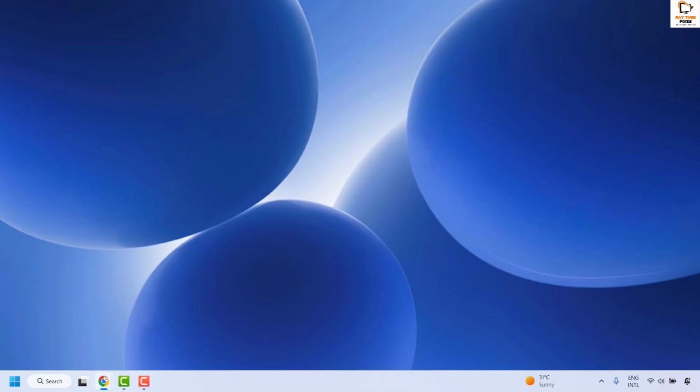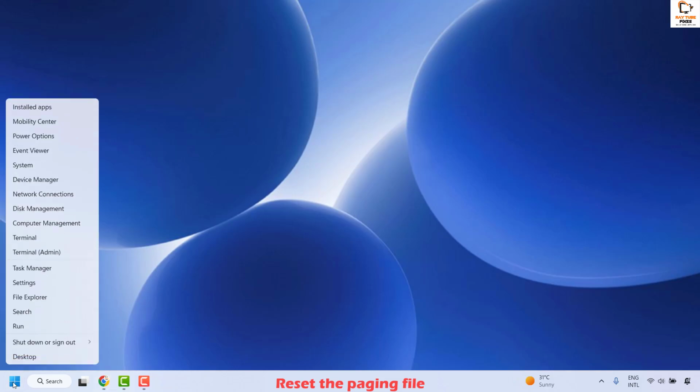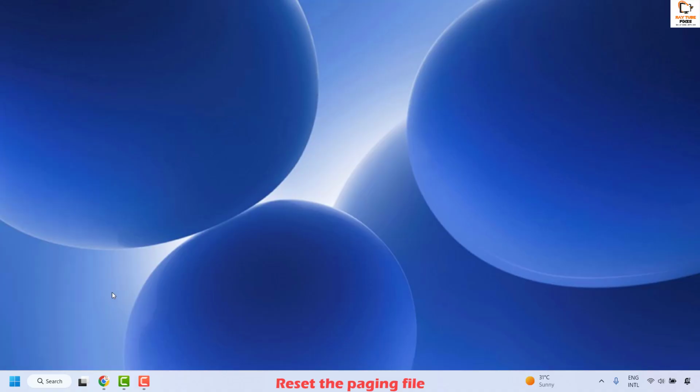Now in case your issue has been resolved, well and good, you don't need to try the next step. Now the next step to resolve this issue is to go ahead and reset the paging file on your computer. To do this, you will have to open File Explorer first so that you enable hidden files and folders. So you can do a right click and then click on File Explorer so that it opens the File Explorer